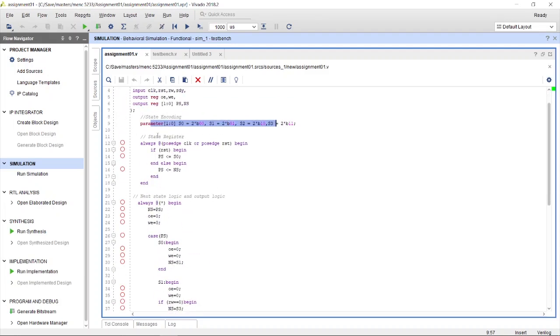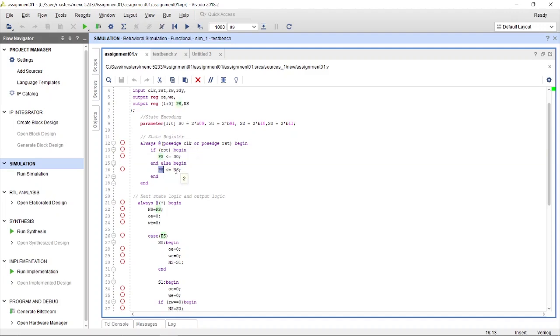Here we declare parameters S0, S1, S2, S3, so it's easier for us to refer to them when we write the next state logic. The state register is always at positive edge, active high positive edge clock and positive edge reset. This means this is a synchronous reset. Reset will overwrite the test bench. If reset is true, then your present state will go back to S0 no matter what. Else, which means your clock is engaged,